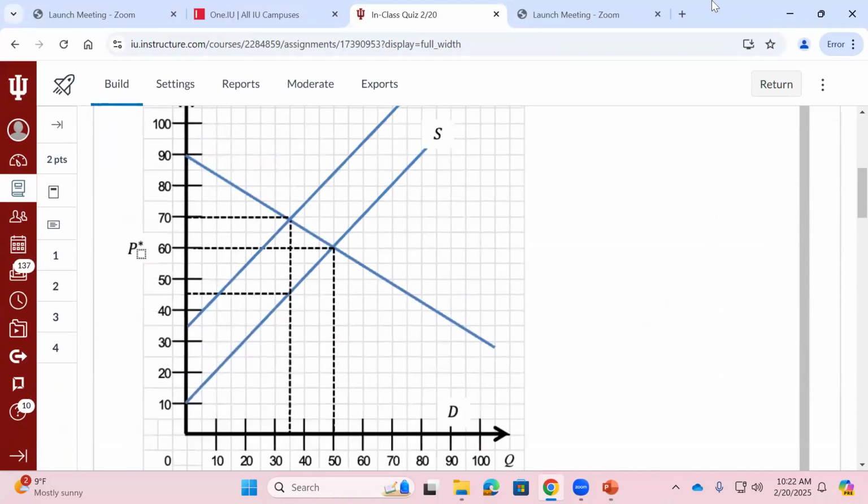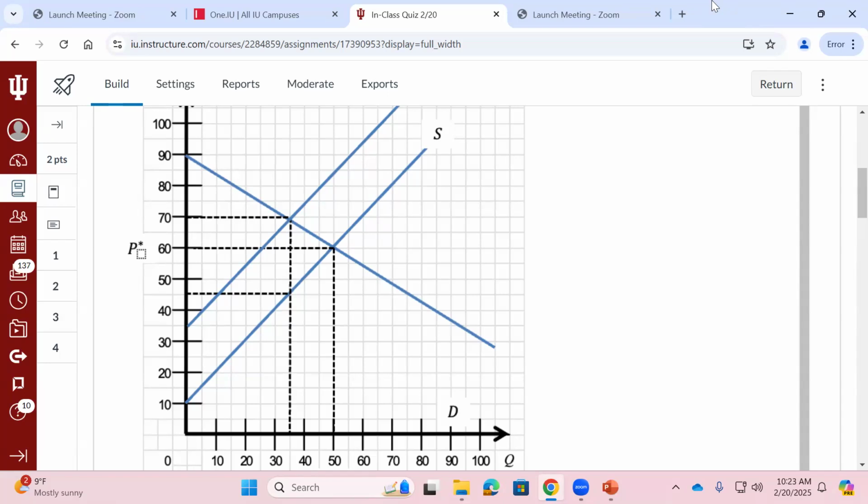Just a couple things, even additional to the questions here. If I gave you this visual, how would you know the value of the tax? I told you the value of the tax is 25. How could you find that? What's the value of the tax on the visual here? It's just the difference between our supply curve and our supply curve plus the tax at any quantity. I can use 35 here, and I've got a dashed line. The marginal cost of that 35th unit must be what? 45. The marginal cost plus the tax is 70. So what must the value of the tax have been? 70 minus 45 is $25.